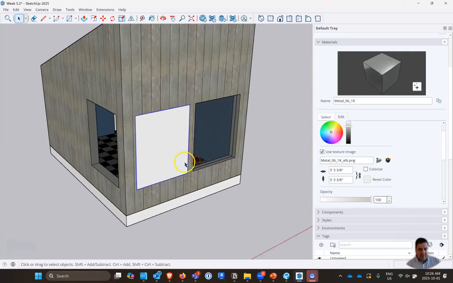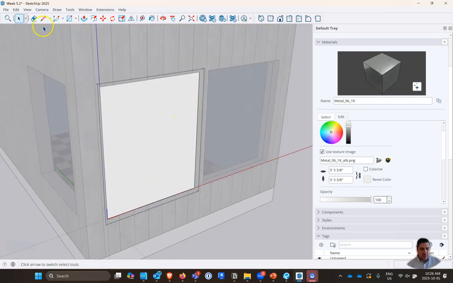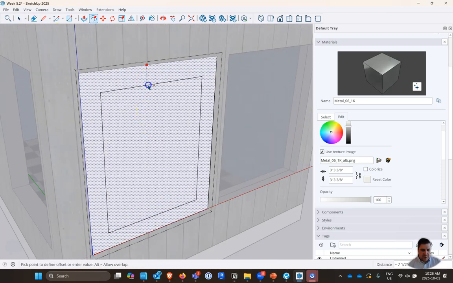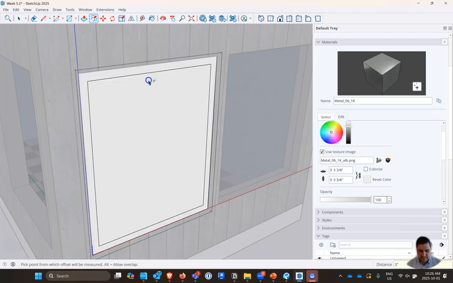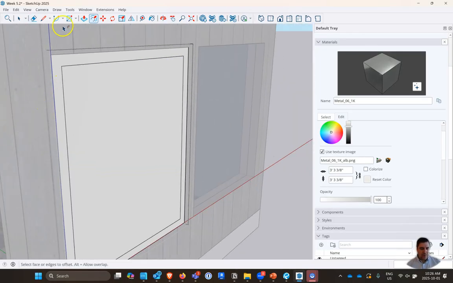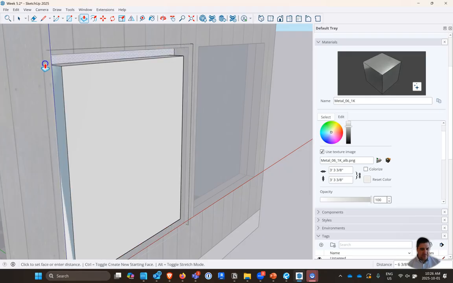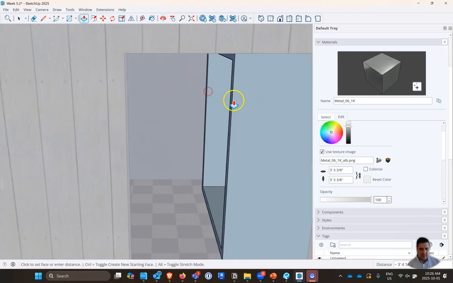And now that we have this box here, let's go in and edit our component. And the first thing I want to do is I want to offset. So let's offset in maybe 3 inches. And so we have a bit of a frame here. And what I want to do is I want to extrude this object through. And when we extrude it, it's going to kind of